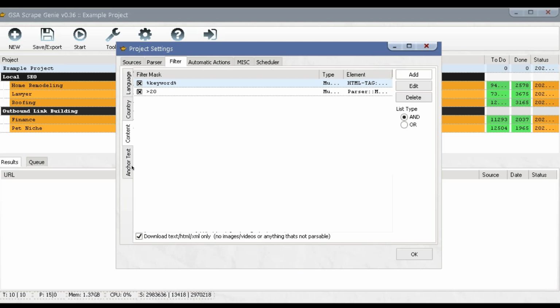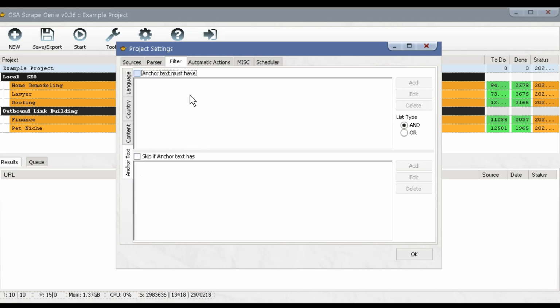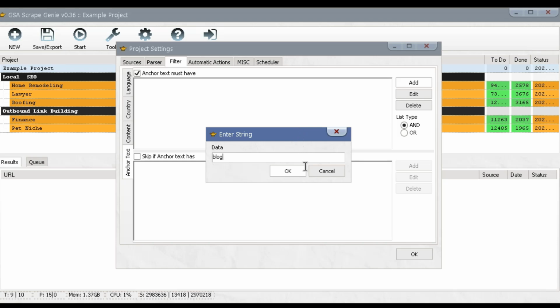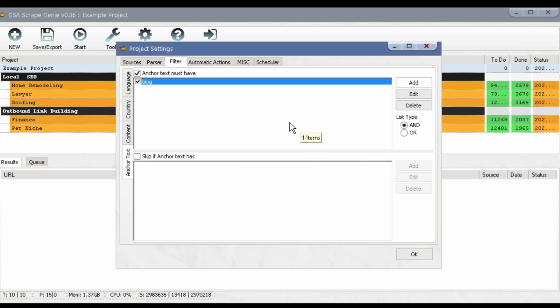Finally, in the anchor text section, you can specify must-have keywords for anchor texts. For example, if you want to check for the presence of a blog, you could set the anchor text here. You can also set conditions to skip certain anchor texts if they contain specific words. This is useful for narrowing down the types of links you want to include or exclude. By setting these filters, you can significantly improve the quality and relevance of the data you collect. This ensures that your scraping efforts are focused and efficient, saving you time and providing you with the most relevant